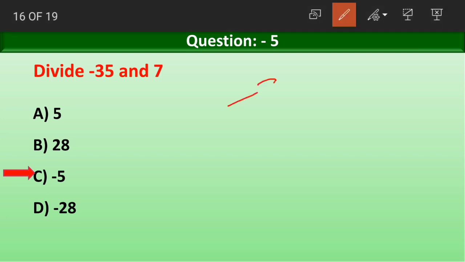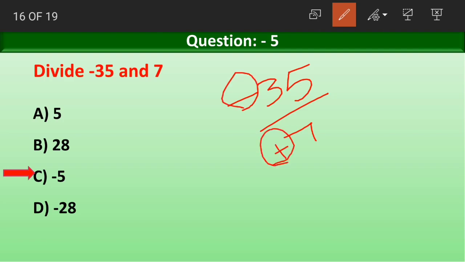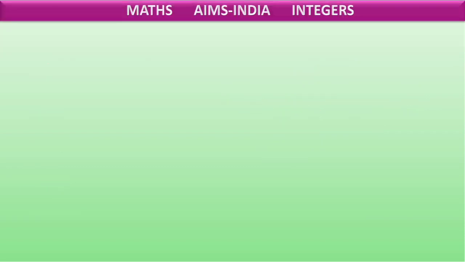How? If we write minus 35 divided by 7, first let us look at the signs. One is negative and the other is positive. When the signs are different, in case of multiplication and division, the result will be negative. The result will be what? The result will be negative. And coming to the absolute values, we know that 7 5s are 35. So the answer is minus 5. Understood? As the signs of both the integers are different, the result has a negative sign.